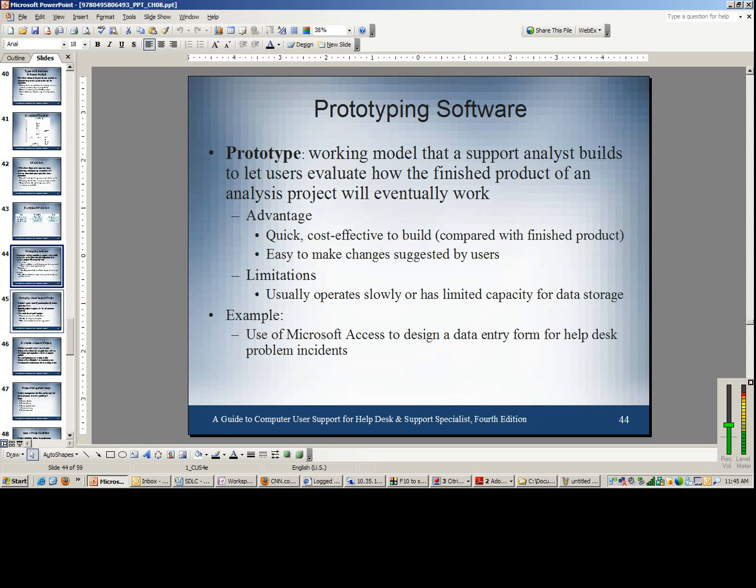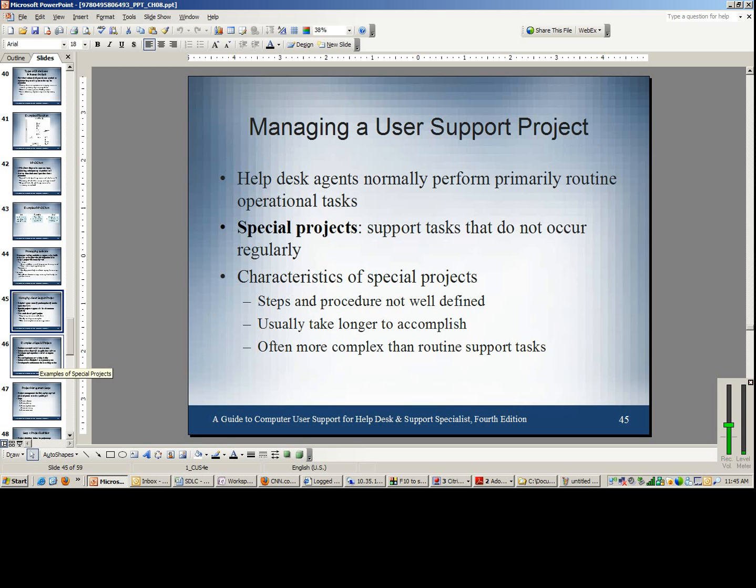It's a quick and effective methodology for the user to actually experience what the system is going to look like, by showing them bits and pieces as the product gets programmed. We're not going to touch on managing a user support